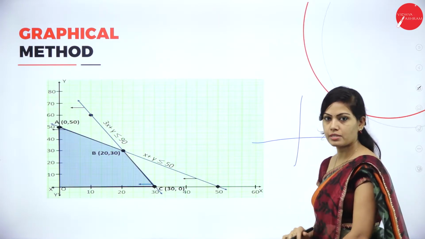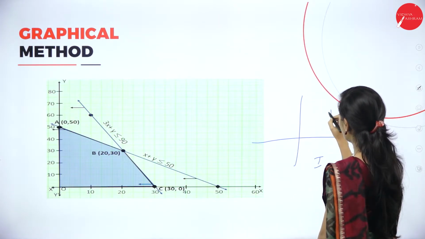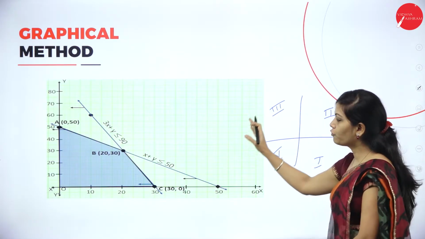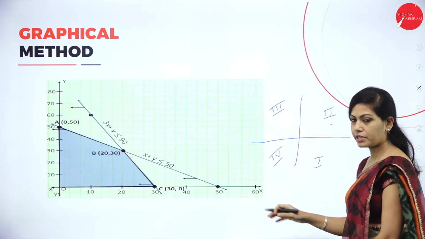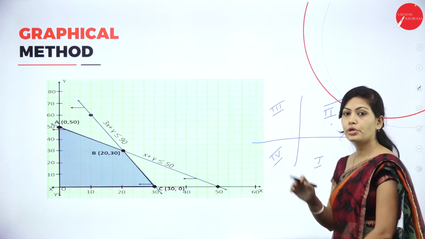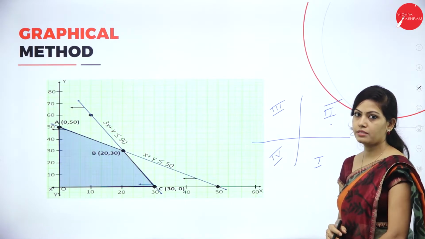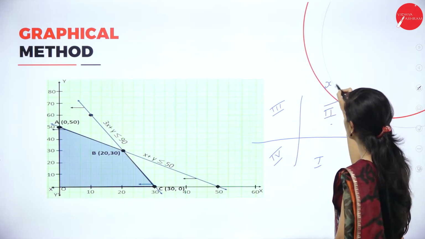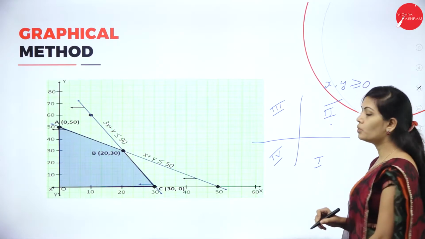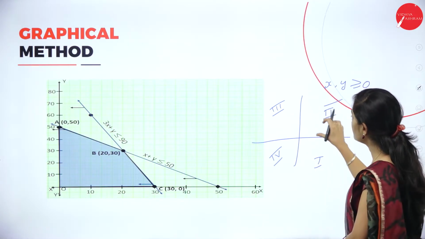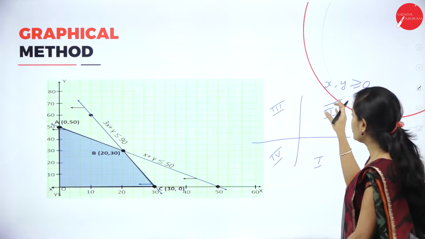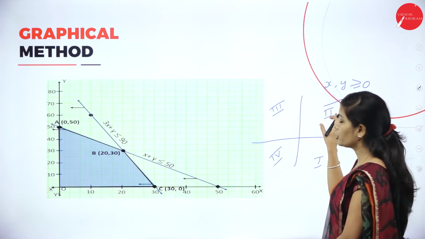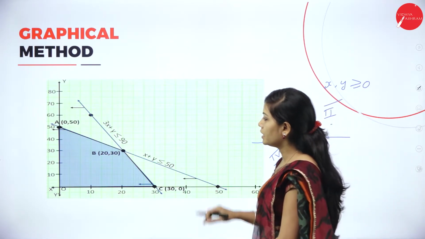Usually you will get 4 quadrants, right? So first quadrant, second quadrant, third quadrant and fourth quadrant. Here you have 4 quadrants. To solve a graphical method, you need to use the first quadrant. So it will be a non-negative constraint. Here all the x and y variables should be non-negative. That means x, y should be greater than or equal to 0. So here we'll get all the possible points. So you can use this quadrant to draw a graphical method.